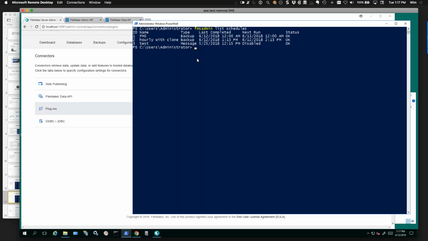What if I wanted to disable that midnight backup schedule, right? So what if the midnight time frame is not the best time frame for that particular customer? I can use the FMS admin command line and issue this command, right? Disable schedule and then the ID of the schedule, which is 1, as we can see here from the ID. And as we can see, we now get confirmation that the midnight backup schedule is disabled,